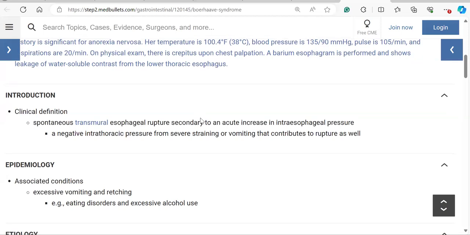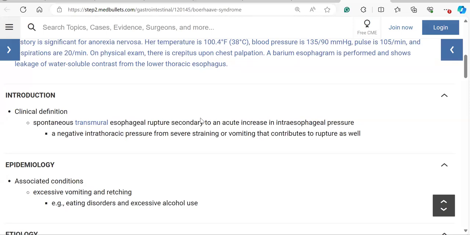So Mallory-Weiss was a non-transmural esophageal tear. That means it does not cause complete rupture. What if a patient has got a complete rupture of the esophagus after an episode of vomiting? Both are related to vomiting, but Mallory-Weiss is just a small tear and it does not cause complete rupture. Boerhaave syndrome is complete rupture of the esophagus, and it usually happens due to increase in the intrathoracic pressure or